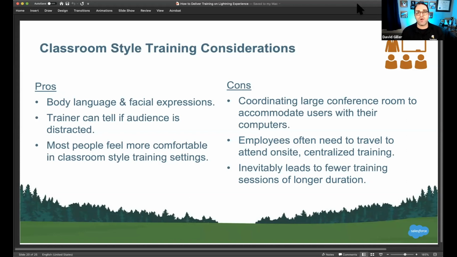Next, employees often need to travel in order to attend the on-site centralized training. And inevitably, it leads to fewer training sessions of longer duration. Once we get people in the room, they say, yeah, let's just do it for a couple of hours. And I'm telling you, once you get to that hour and a half to 2 hour mark,